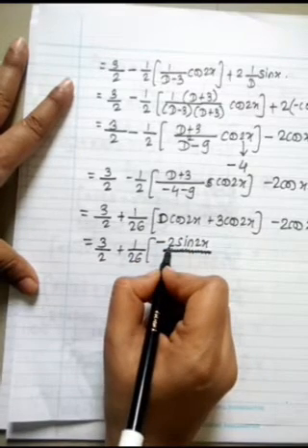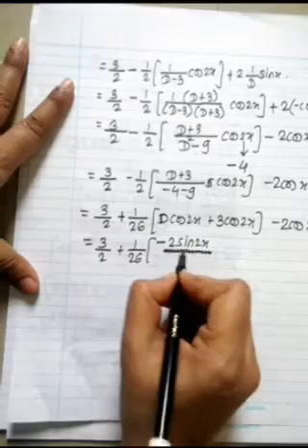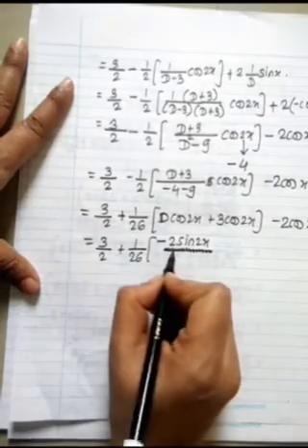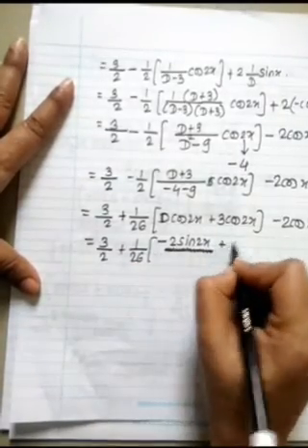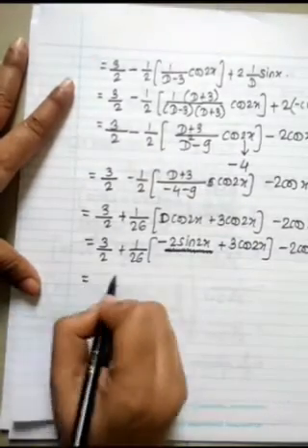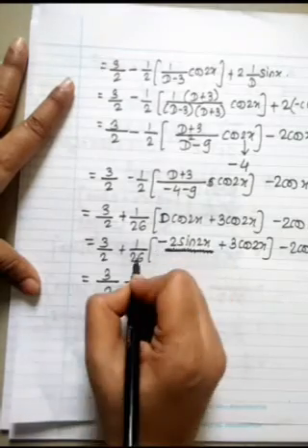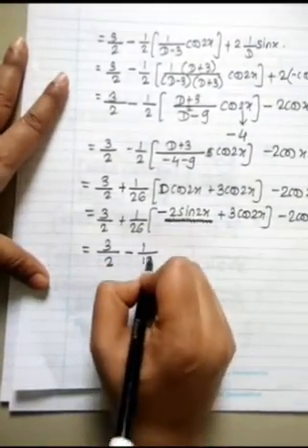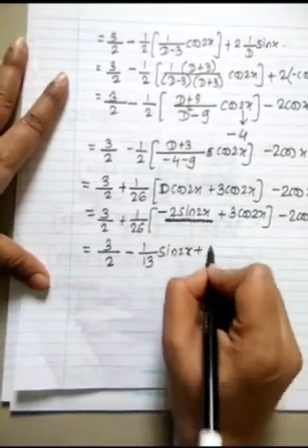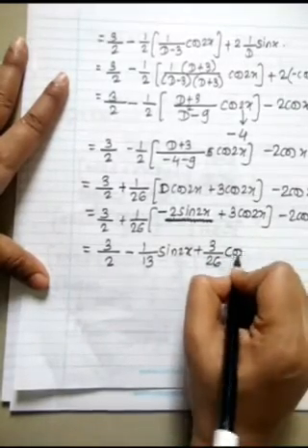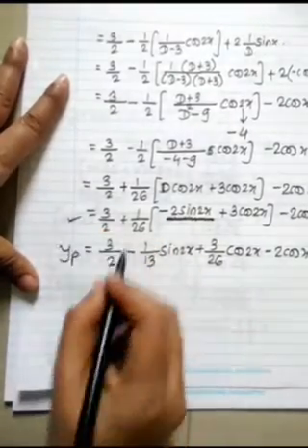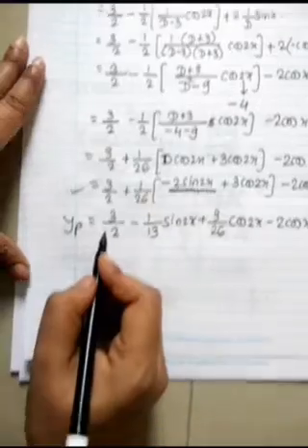I already have written 2. It was just a question. Then just do not say 2. As it is a derivative, the derivative of cos is minus sin 2x into 2. Right? For integration, we write d plus 3 cos 2x minus 2 cos x. Yes. So it is 3 by 2 minus 2 by 26, 1 by 13 sin 2x plus 3 by 26, as it is, 3 by 26 cos 2x minus 2 cos x. We can stop at yp. We can stop here also. But we have to take d. You should finish d and we can stop.